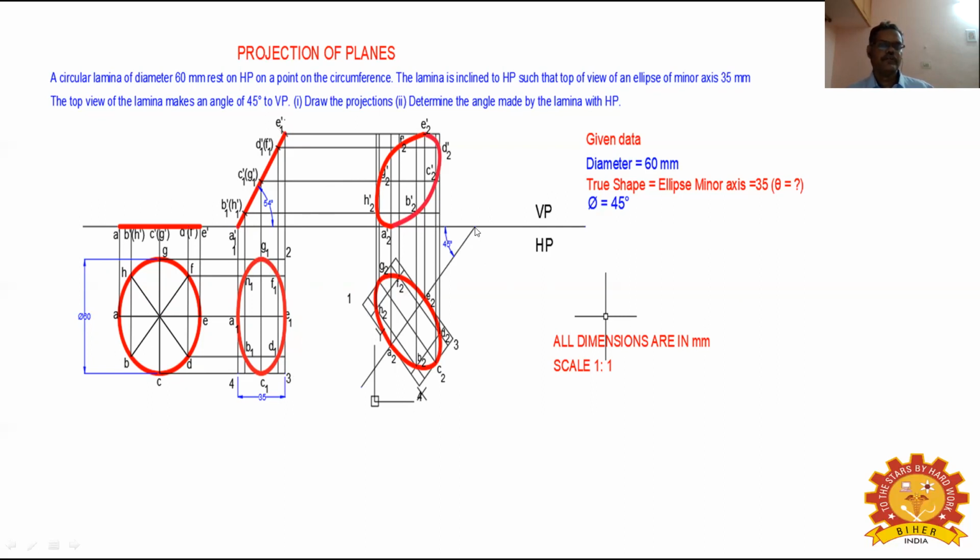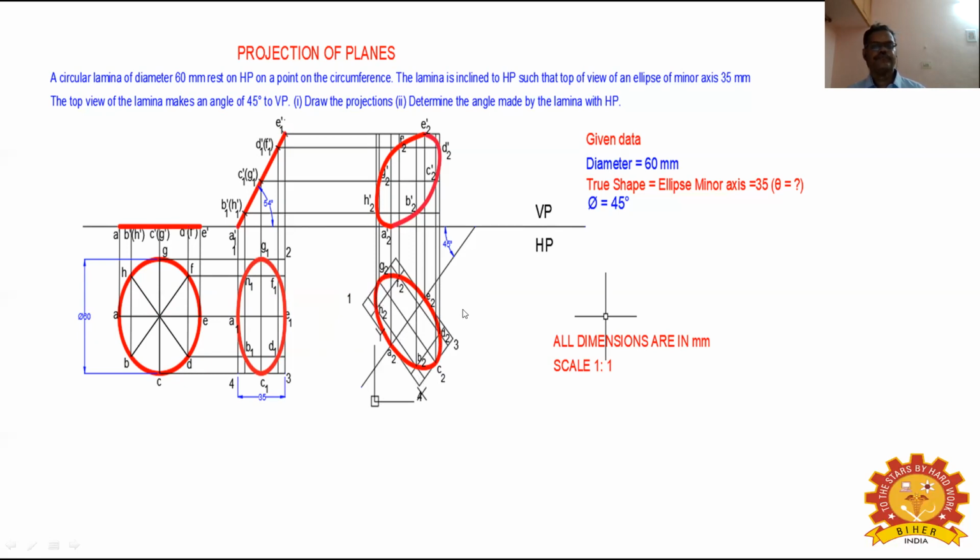Now mark a point, draw a 45 degree line and mark A1, E1. Either you can keep it as diagonal GC or AE. I am keeping AE in the 45-degree line and construct the outer box 1, 2, 3, 4. And similarly, from each and every point you have to measure by using a compass, and you have to transfer the points. Once you transfer all these points, mark A2, B2, C2, D2, E2, F2, and G2.